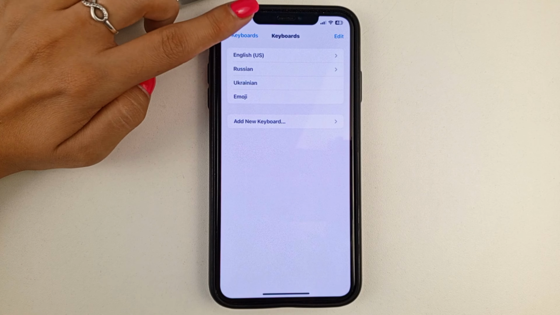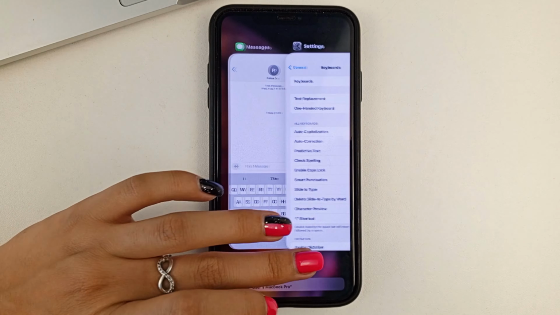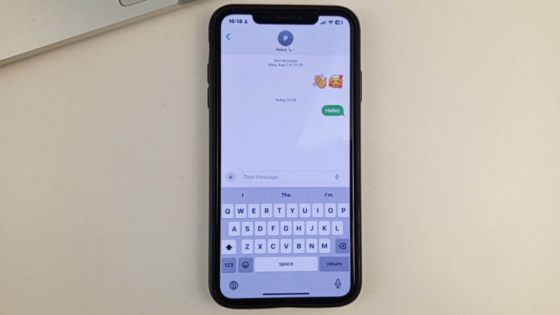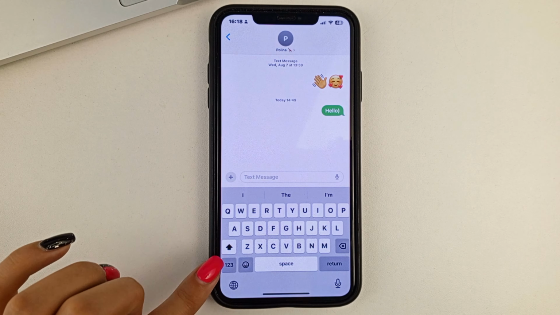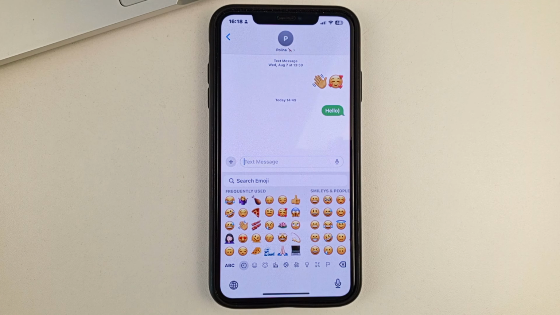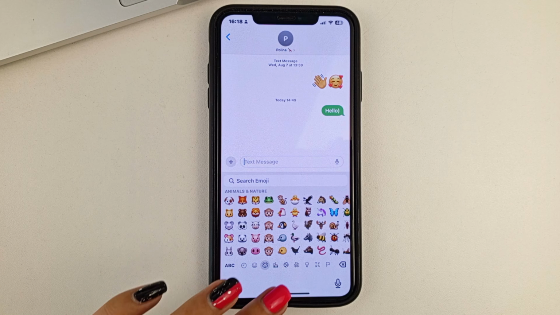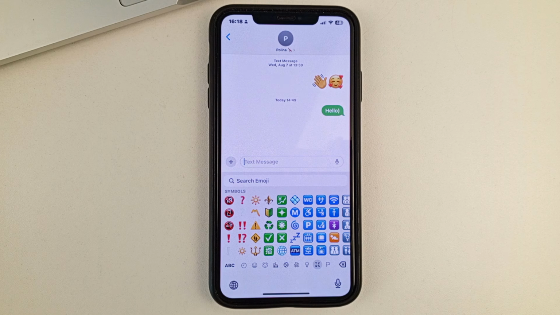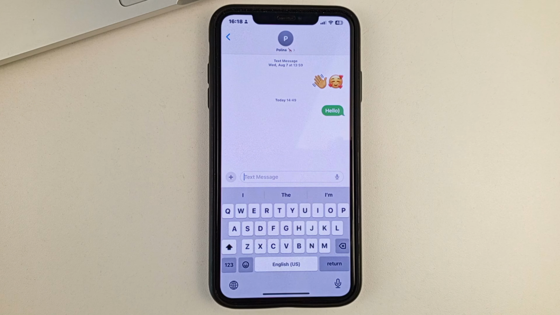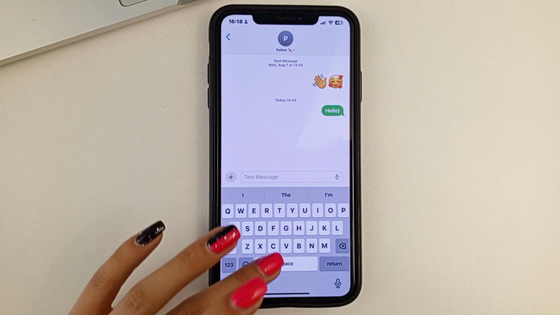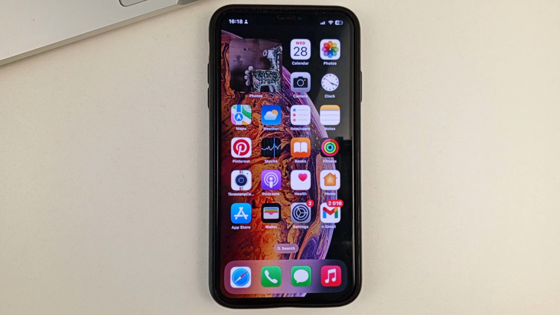Now friends, you can exit from the settings. And as you can see, instantly the emoji symbol appears at the bottom. Completely all of them. You don't have to worry that something will be missing. All the emoji will be there, and you can easily use them. This is the way, very simple and easy, you can quickly enable emoji on your iPhone keyboard.